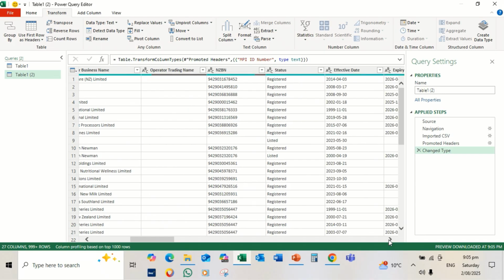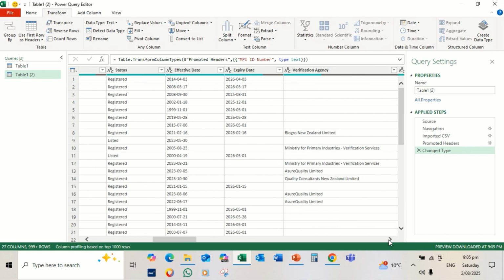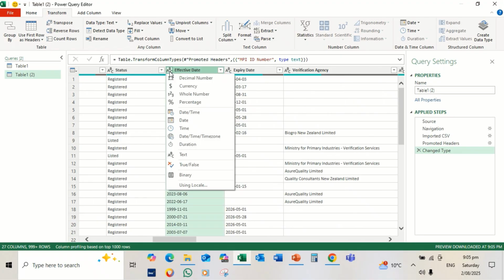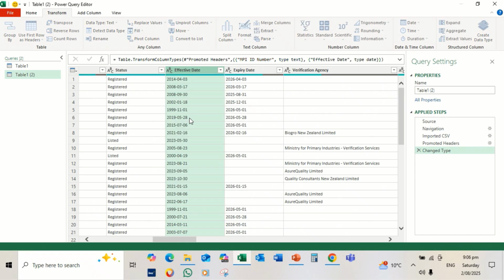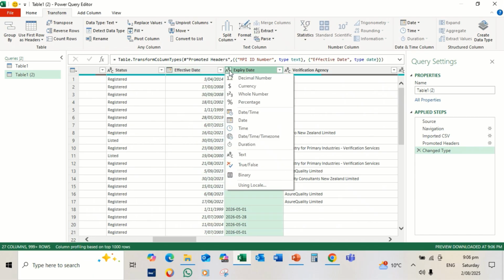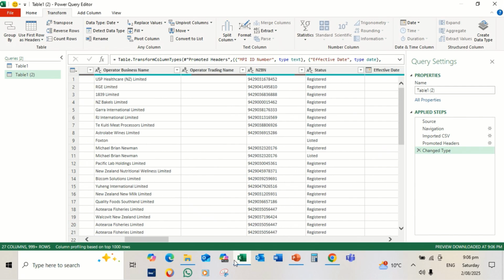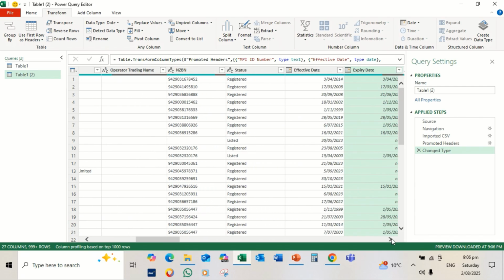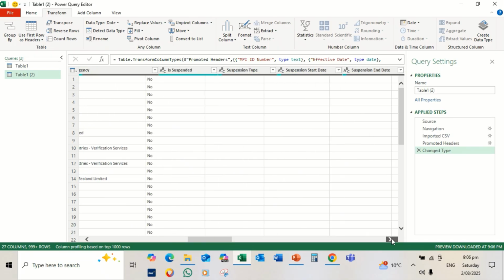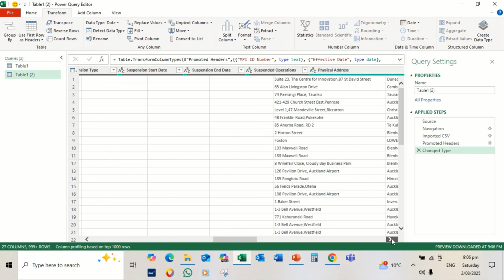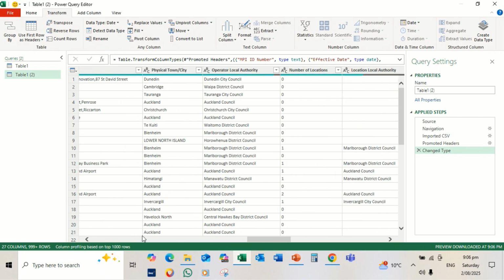If there is a date, it should convert it into date format, but no, we still need to change this one to date and this one to date. And then, because we're going to use this table to create a map,